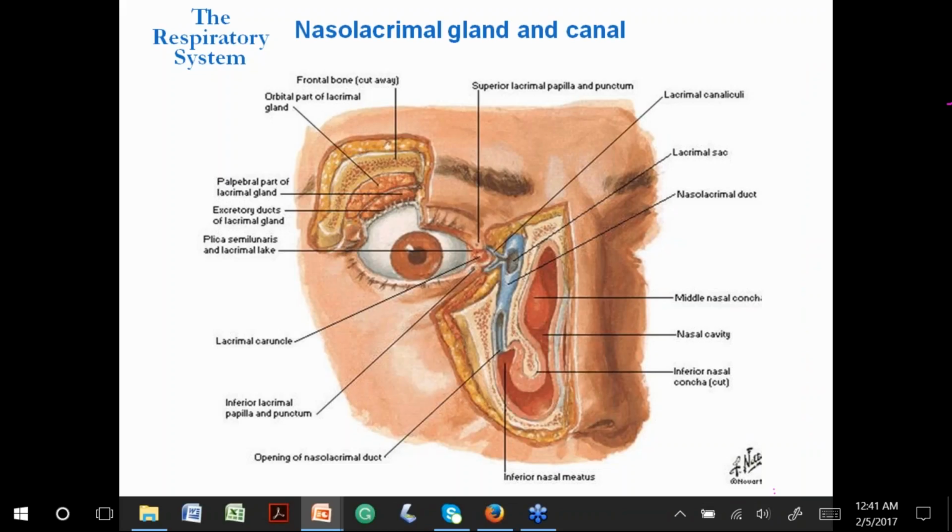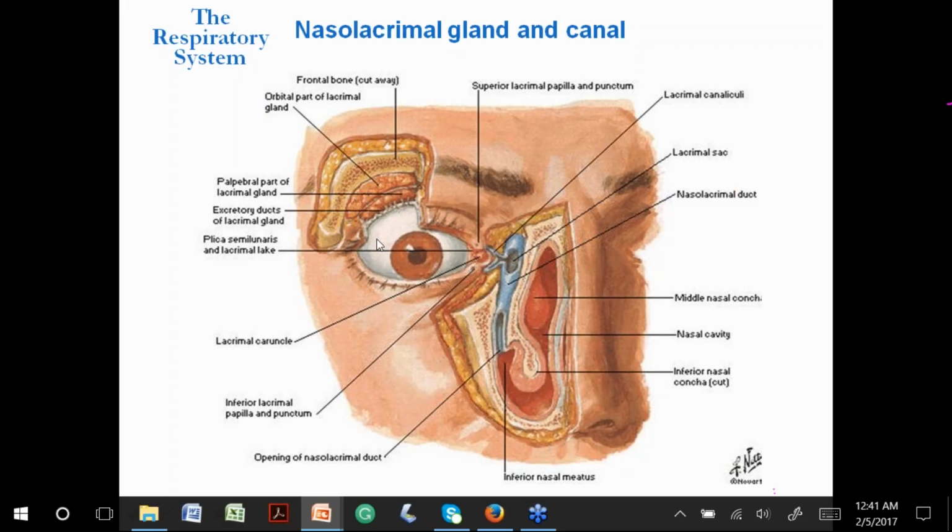All right, so just to prove here, where is the gland that produces tears? The gland that produces tears is here, in the upper, superior outer quadrant of the eye. So the outer superior quadrant of the eye is where you have the lacrimal gland. The lacrimal gland is going to